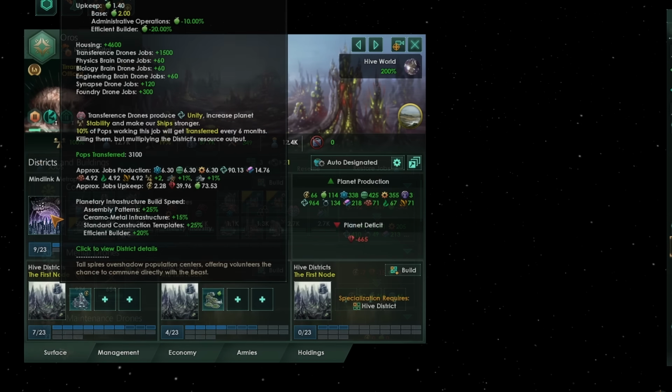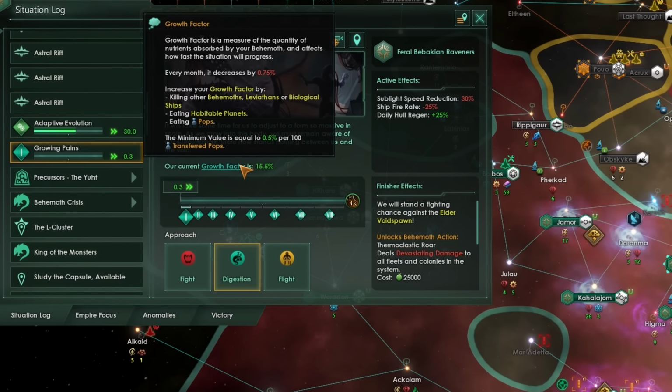transference drones. Just to briefly touch on how that works, basically every 6 months, 10% of the pops working this job will be killed and transferred into the consciousness of your behemoth. This does multiply the district's resource output, but you are going to lose quite a few pops. Transferring pops to the behemoth will boost the growth factor, so you don't necessarily have to go on the full